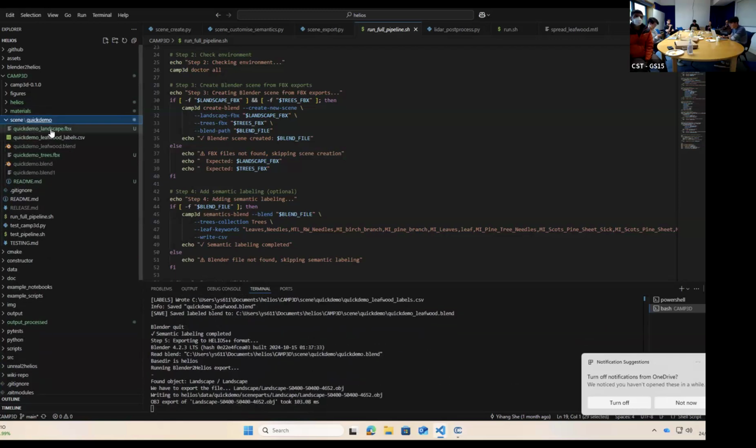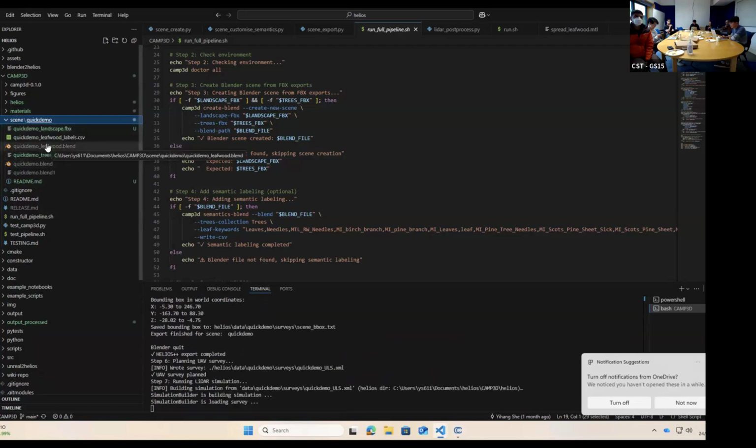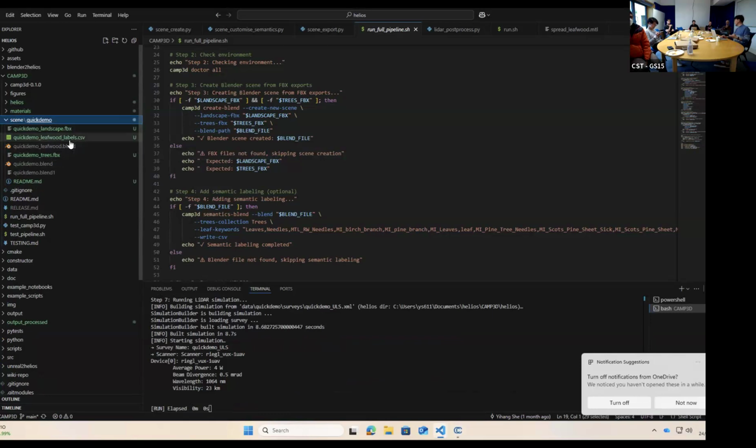demo things like this landscape FBX, and then it will create the Blender files. You see the newly generated file, right? By converting the FBX file to the Blender file. In the Blender file, it can do the customization of the semantic and instance labels, and then it will generate, let's say, the